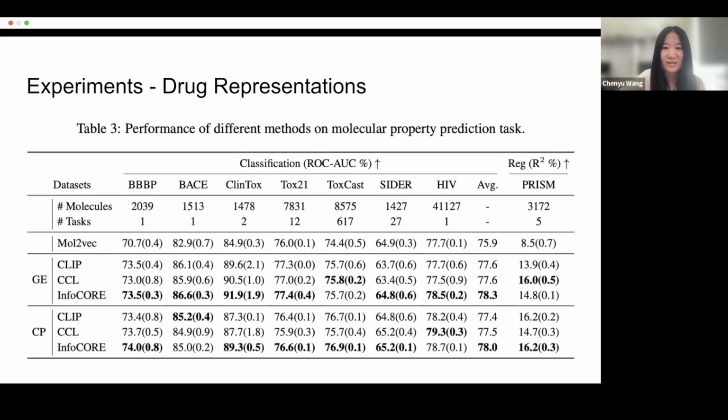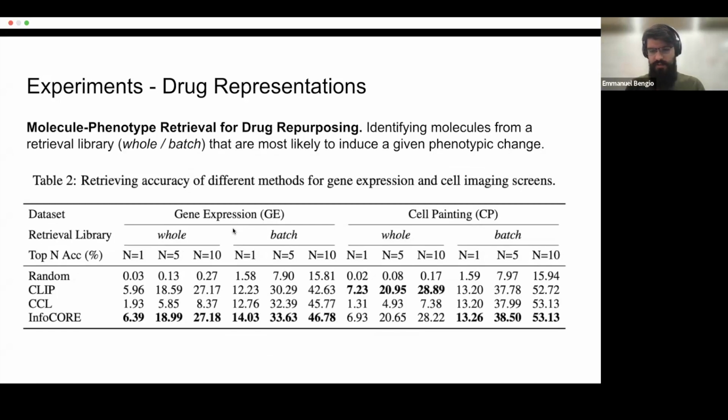And okay, I see another hand. Yeah, there's a question in the chat about the accuracy metric. Is it related to the cosine similarity? Yeah, so